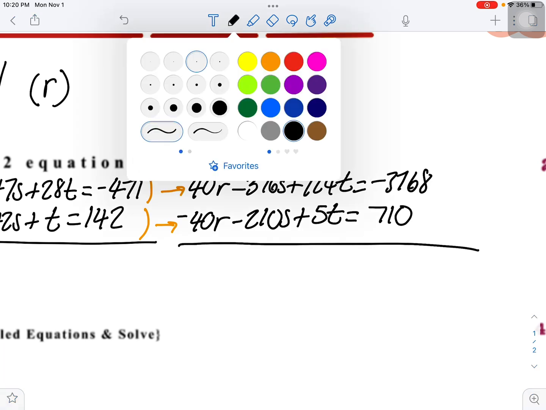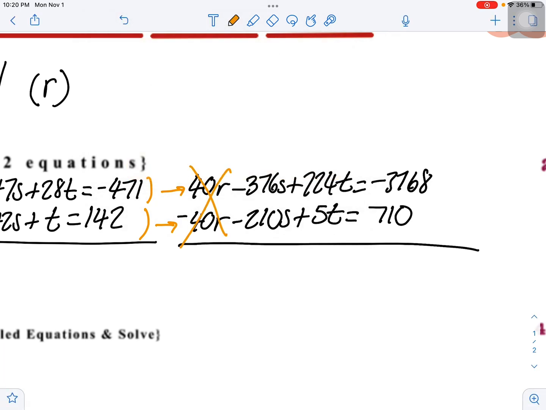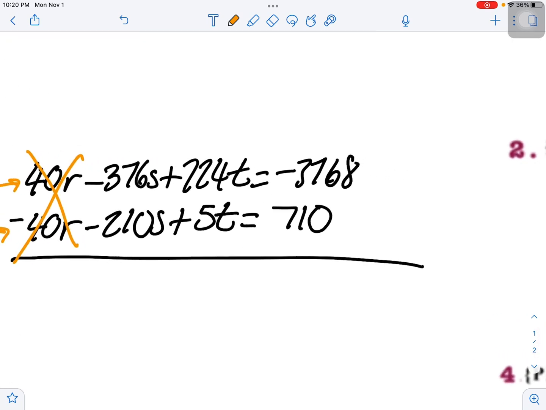Just like that. So what cancels here are our r's. Which is exactly what I wanted, right? So 376 and 210, 376 plus 210 is equal to 586, negative 586